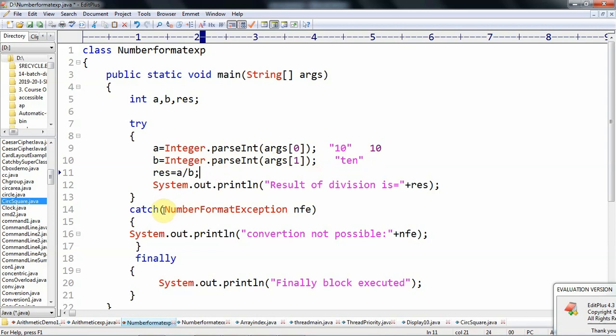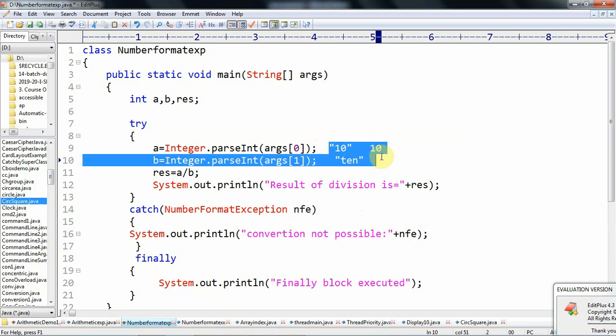At that time it may raise the exception called number format exception. That means the string is not in number format; only number format strings can be converted into number type. That's why this raises the exception called number format exception. That we are going to demonstrate in this program.